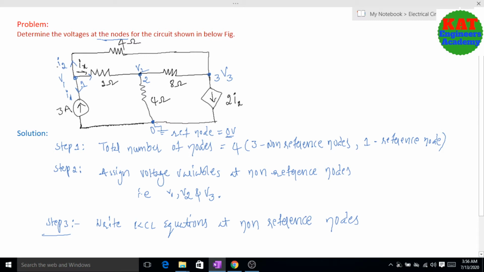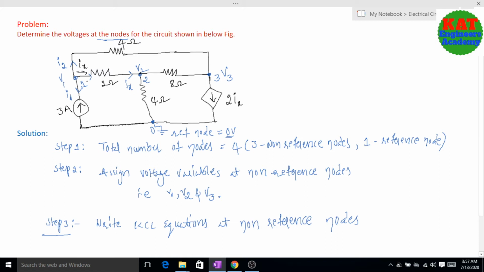Next this is Ix, this is I2. Okay, next go for the second node. First you have to give all the current directions, then write the KCL equations: first node, second node, third equation. Here my Ix current is already incoming to V2, so consider the same direction here also for Ix, because here we have one dependent source 2Ix.